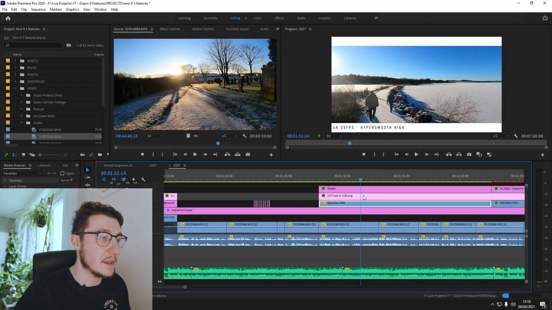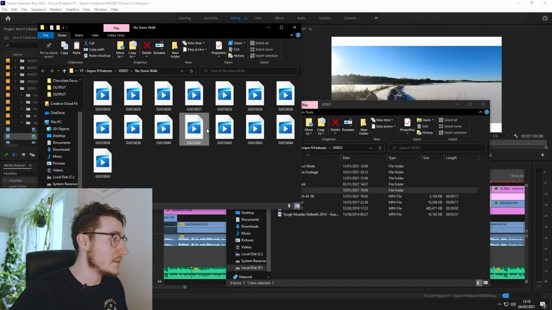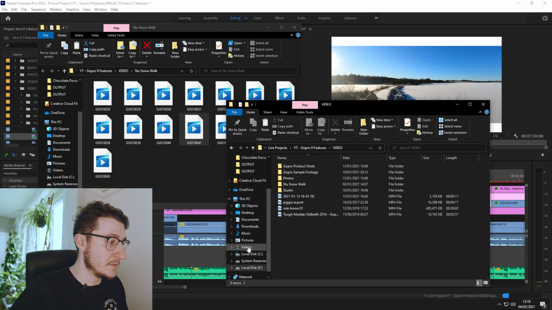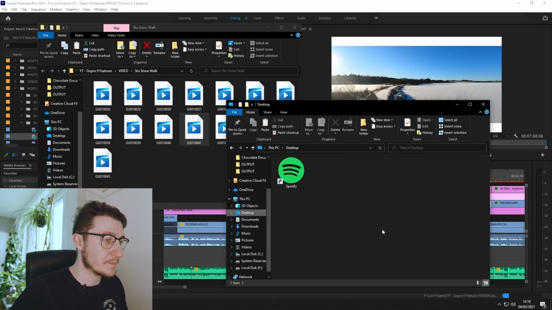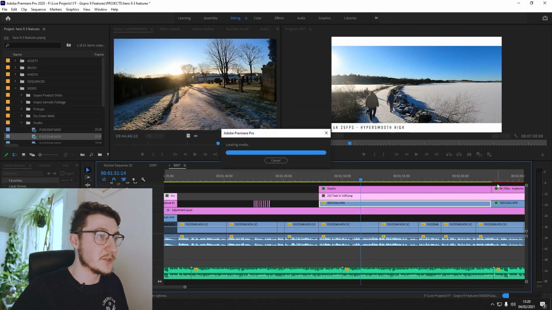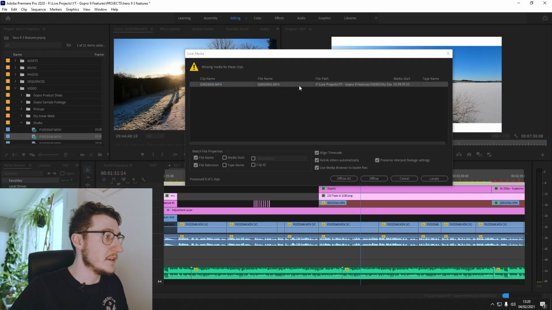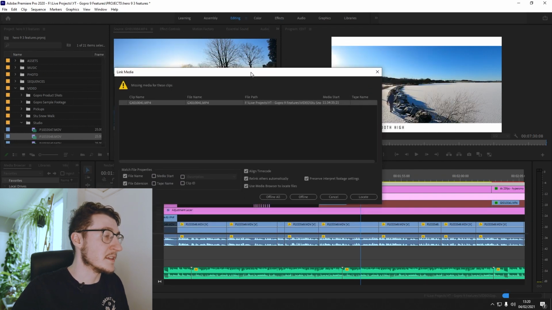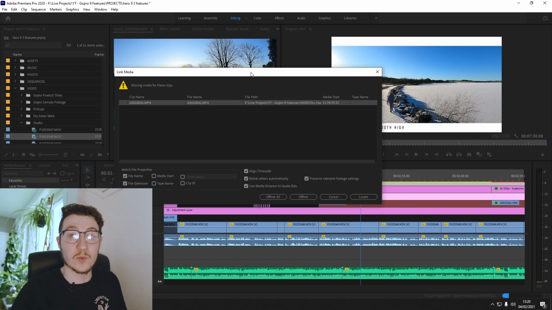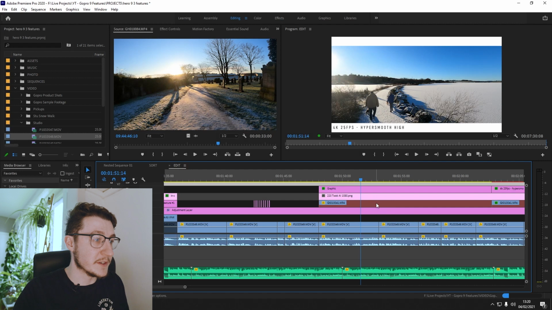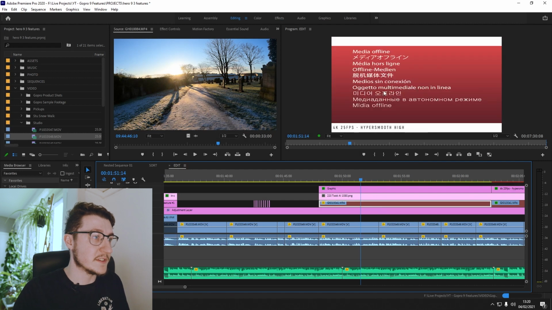Here's an example of what happens if you move a video file that your project is using. Let's take this clip. Let's reveal in Explorer. So here is this clip in the video folder as part of our project. Let's dump it on our desktop. Now if we go back into our project, you get this pop-up, which basically tells us that Premiere has lost the file. It doesn't know where it's gone, so it doesn't know what to reference. If we come out of here, you'll see that the clip is then replaced with this media offline graphic,